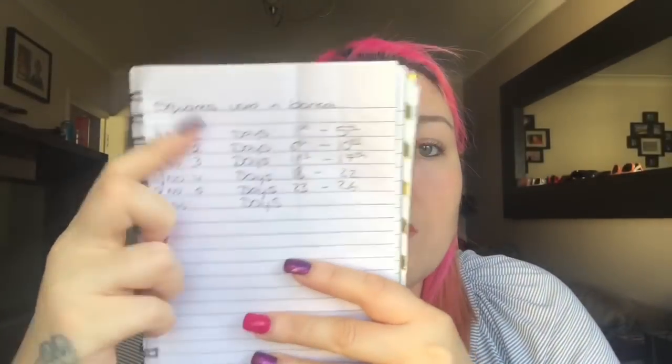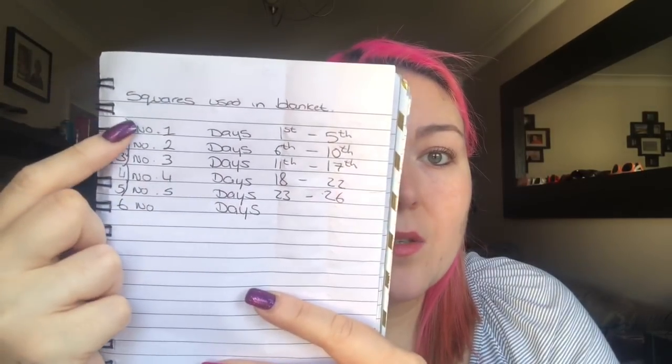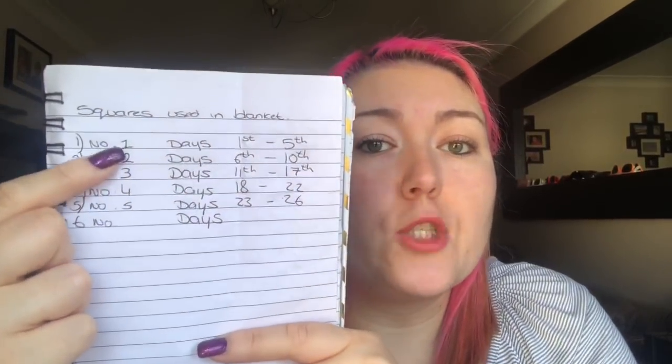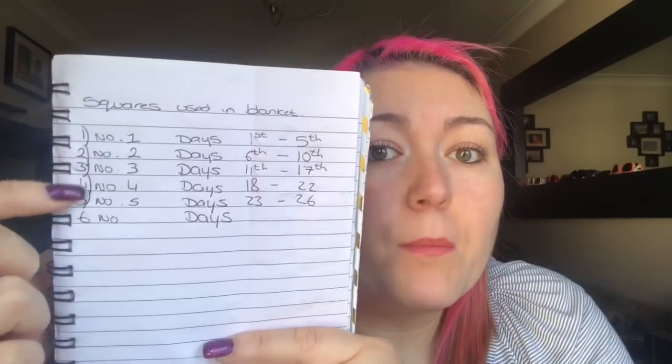And then what I'm doing is Yarn Utopia, Nadia from YouTube, 2016 I believe it was, she did 365 days of squares, granny squares, and I am using that to make up the squares that I want to do. So the squares that I've done already, up to 5, so I've done 5 already, and these are the squares, the numbered squares that she has done, and these here are going to be the squares, so the number squares,